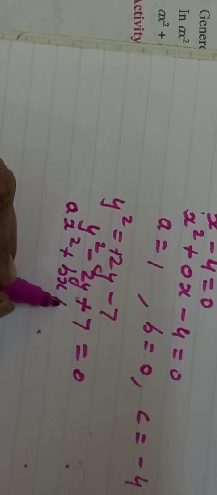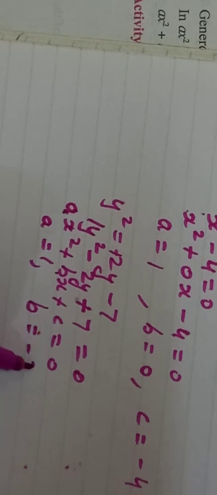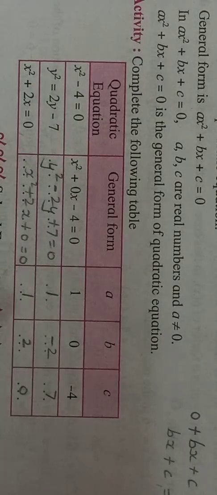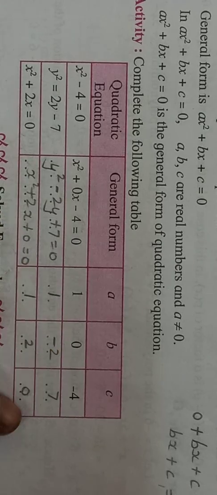So when you compare with the standard form, what is the standard form? Ax square plus bx plus c is equal to 0. Here nothing is there means 1. Here the variable is y, there the variable is x. Now we want to write the values of a, b and c. So compare. A means here it is 1. B is minus 2 and C is 7. So this way you should complete this activity. Quadratic equation, general form, the values of A, B and C. All this you should write in your activity book.